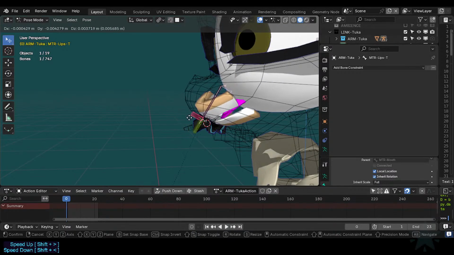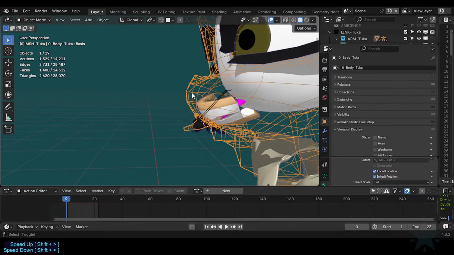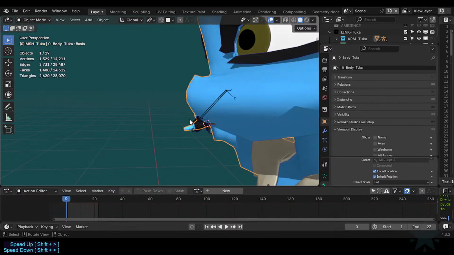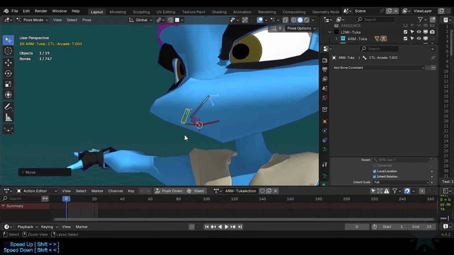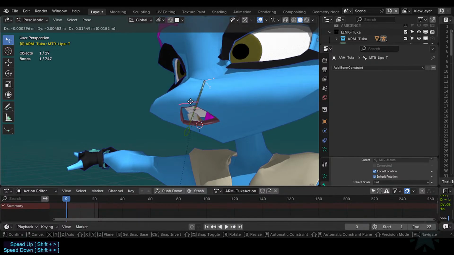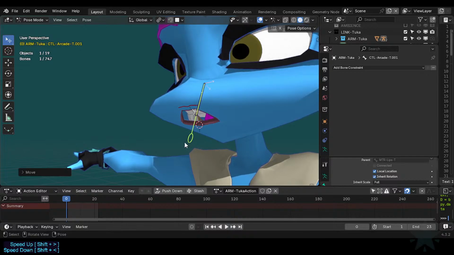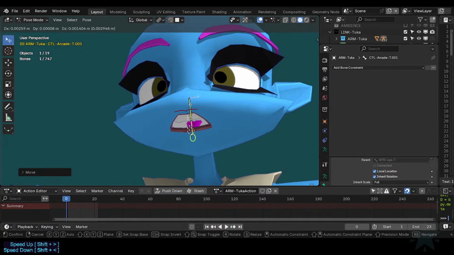Then I need probably to, okay, let's go back here in the textured. We do this, and then we have all these controls,